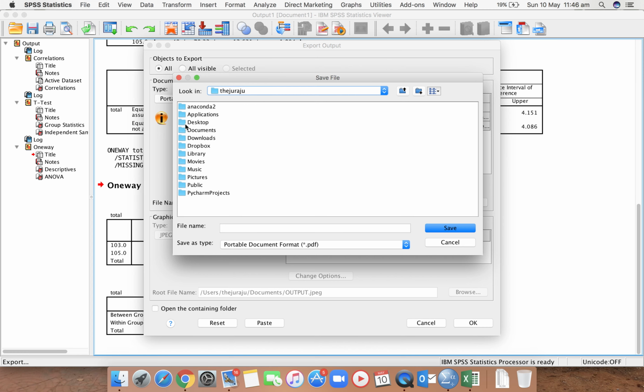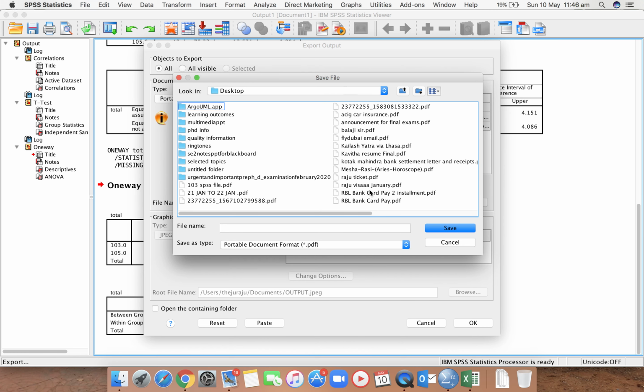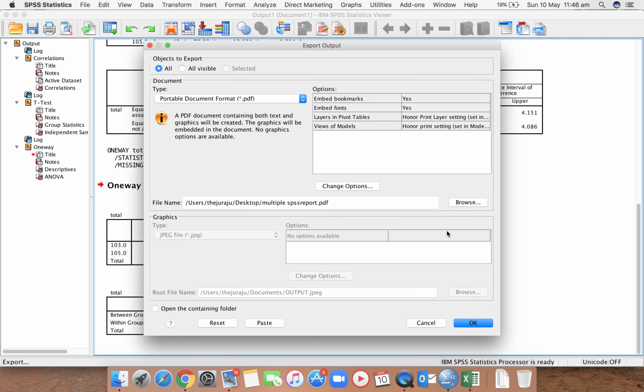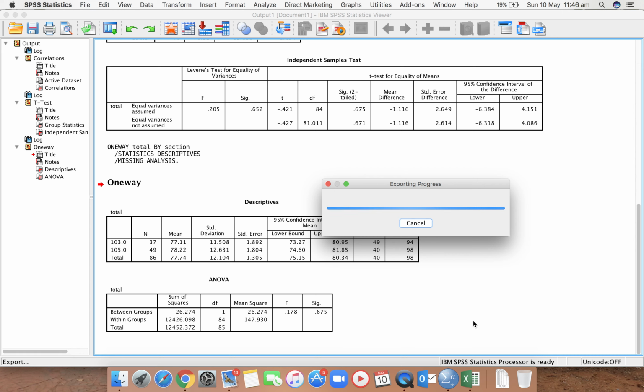I want to save on the desktop. Here I can write my file name as multiple sections SPSS report. Okay, then save and click OK. Yeah, here the export is in progress.